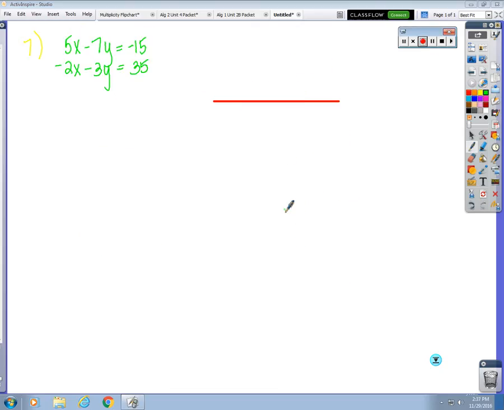You had two different options for starting this problem. You could have decided to make both of these 10s or make both of these 21s. However, in my opinion, it's easier just to make those 10s because of the fact that one's already positive, one's already negative. These are both negative, so you would have also had to worry about a sign change with that. So we're going to make both of them 10. Well, actually, one 10 and one negative 10 by multiplying that by 2 and that by 5. Is that what you did? And so that becomes 10x minus 14y equals negative 30. And then the bottom one becomes negative 10x minus 15y equals